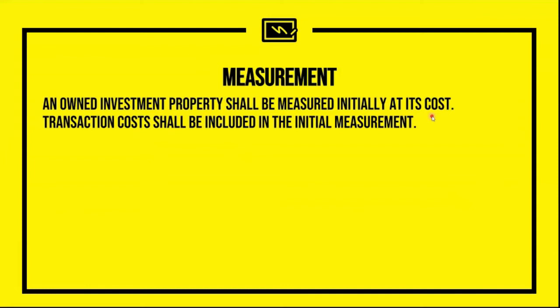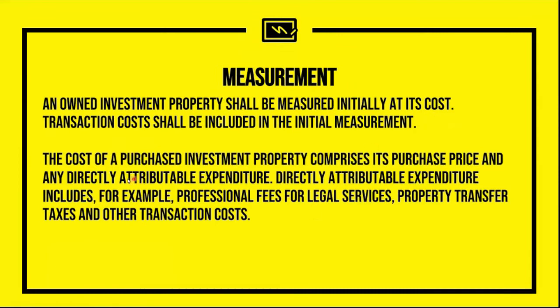Okay? So again, cost, going back to the provisions of cost. Those are the amounts that you're going to recognize, which will be initial cost and subsequent cost that is relating to enhancement or improvement. Transaction cost shall be included in the initial measurement. What are transaction costs? These are costs that are directly related to bringing the asset to its intended location or condition. Okay? So the cost of purchased